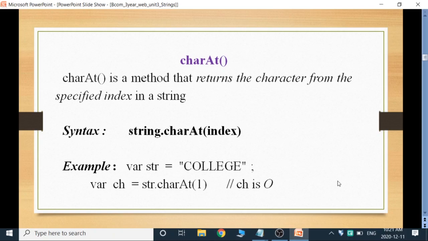Then that index 1 indicates a character O. It returns O. When will it return O? If I specify the charAt method, it returns the character from the specific index in a string. Characters in a string are indexed from left to right.